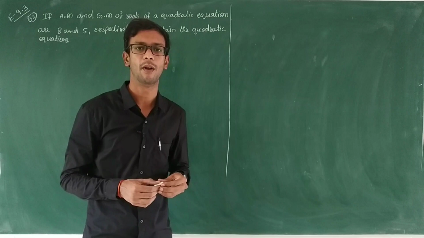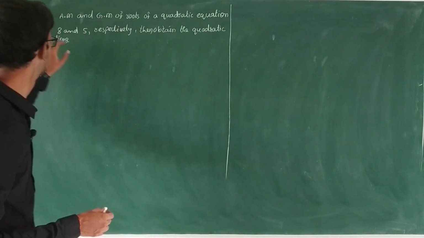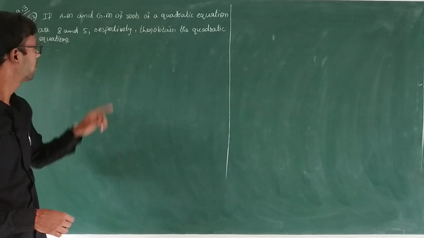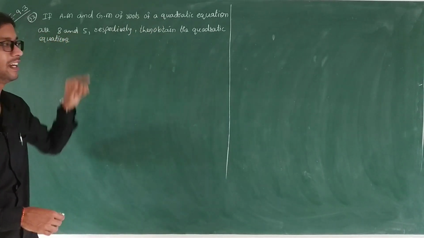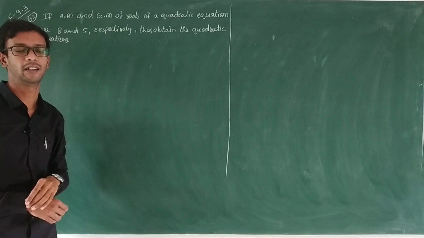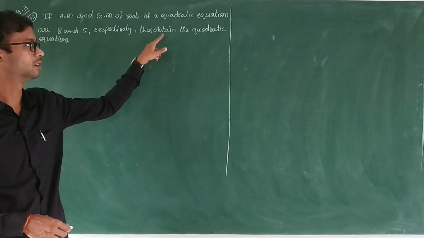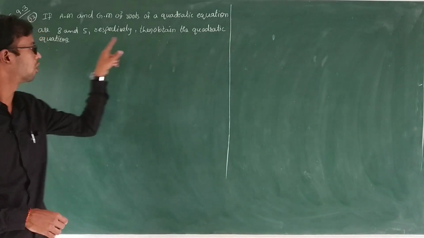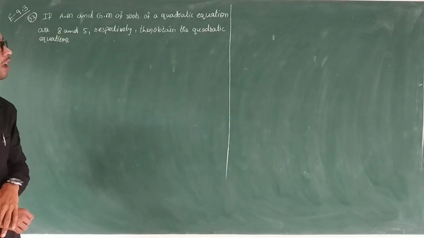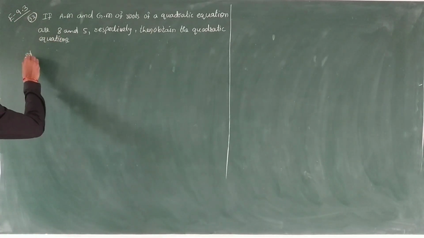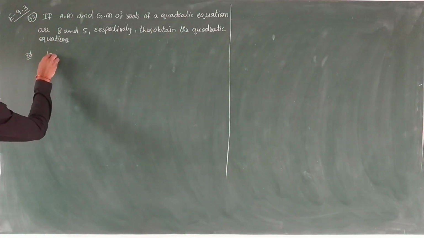Next, problem number 32. If the AM and GM of the roots of a quadratic equation are 8 and 5 respectively, then obtain the quadratic equation. We have to find the quadratic equation. For that purpose I am taking